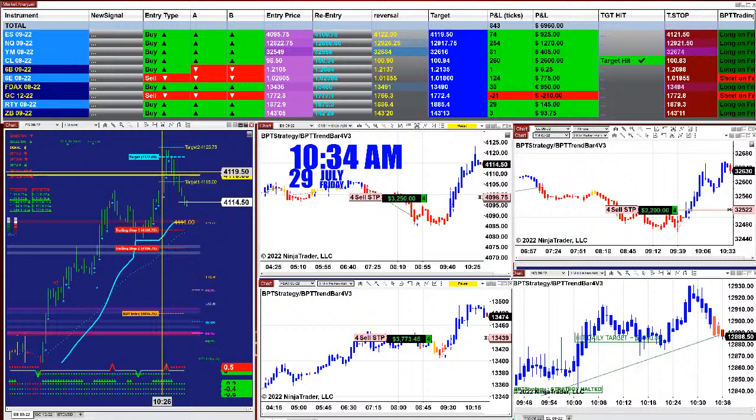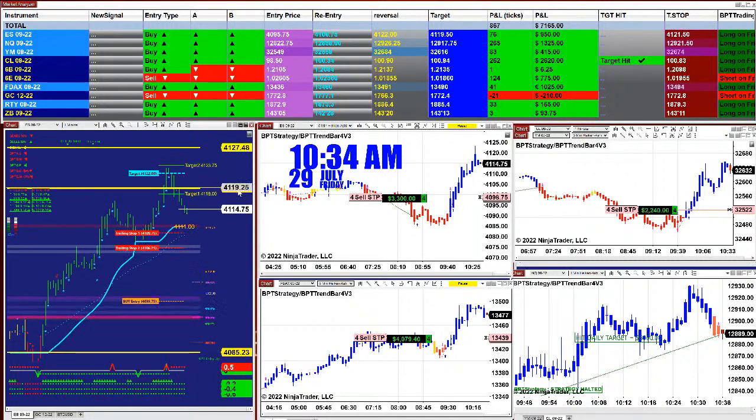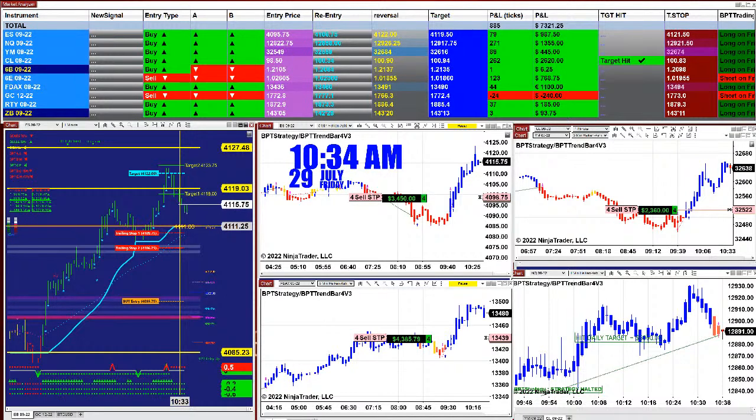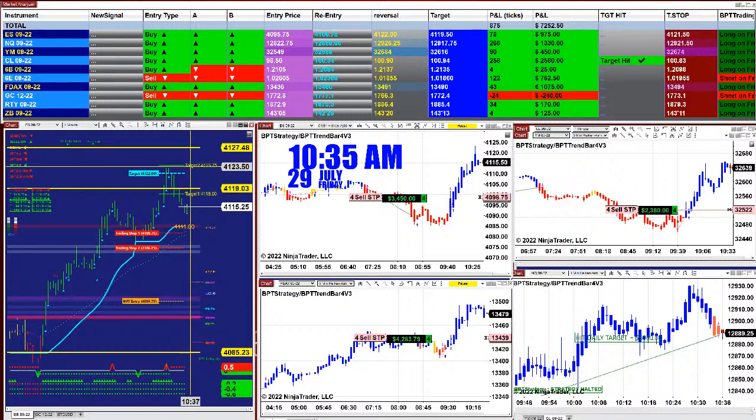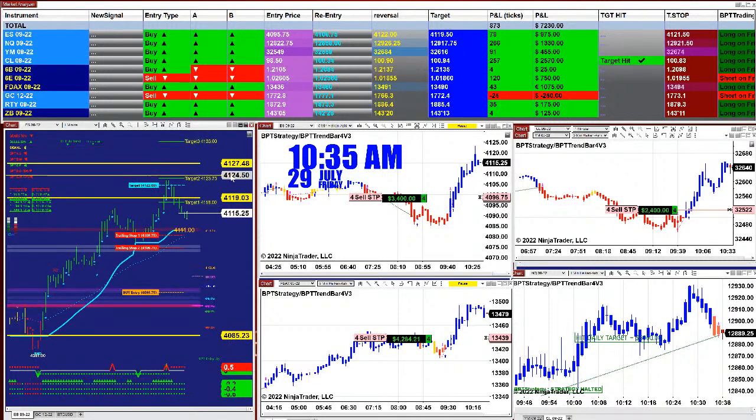So when the market comes into target 2 and is coming back to 4111.25, this is a re-entry point. The market is going to go back and try to retest target 2, and it's going to stay for half an hour. After half an hour, things can change, of course, like what happened yesterday, before I lost the internet.